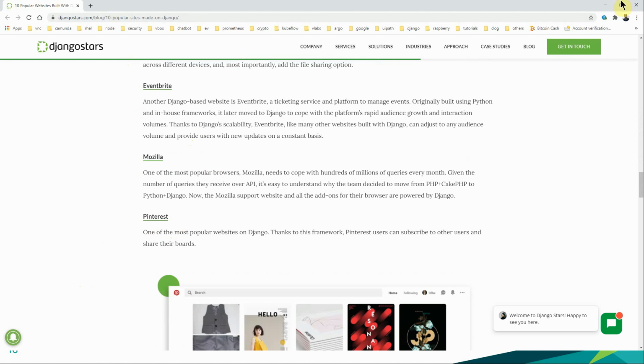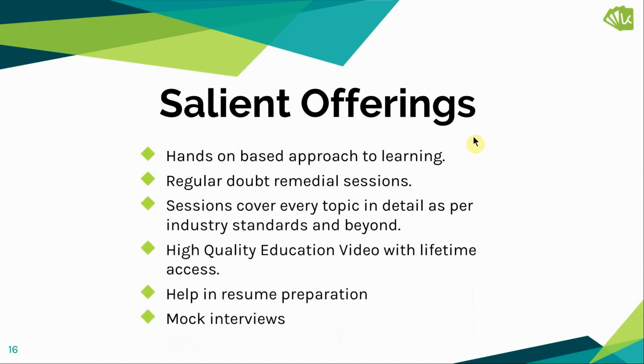So as you can see, Django is quite a famous framework, and hopefully we'll walk through it together and reach new heights. With that,